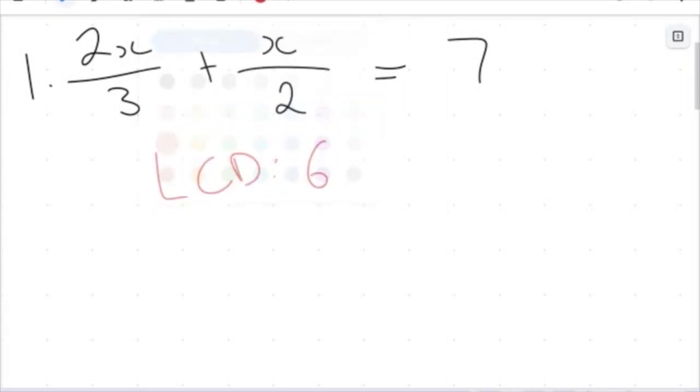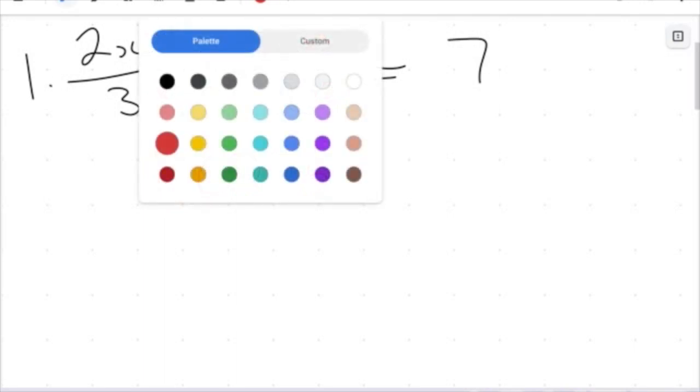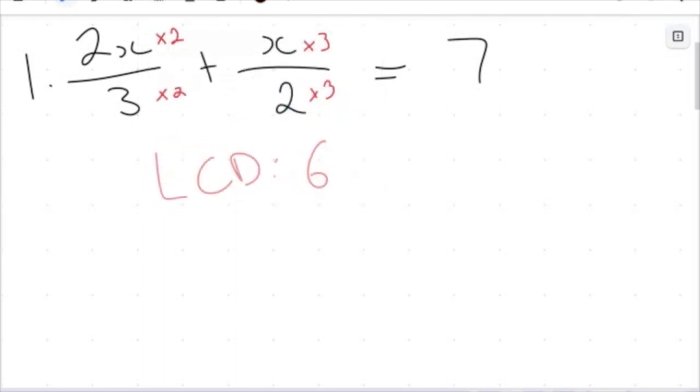So we basically want to get this 3 to 6 by multiplying by 2, and this 2 to 6 by multiplying by 3. And I sound like a broken record now, but we're going to do the same to the top because we want equivalent fractions. What we do to the bottom, we have to do to the top. So now we have 4x over 6 plus 3x over 6,